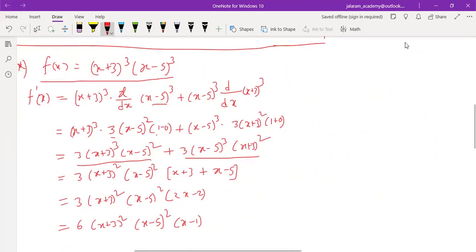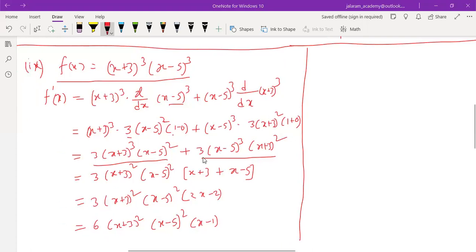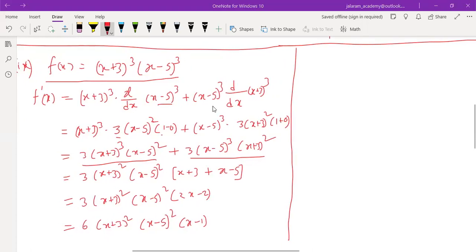What are the zeros of this function? Sorry, not equation, this is the function. So what are the zeros of this function? Tell now. -3, 5, 1. When we take it as 0, the values of x are called zeros of this function. So f dash x is 0 at x equals -3, x equals 5, and x equals 1. So these should be taken as 3 points on the number line. So draw a number line and mark these 3 points on that number line.